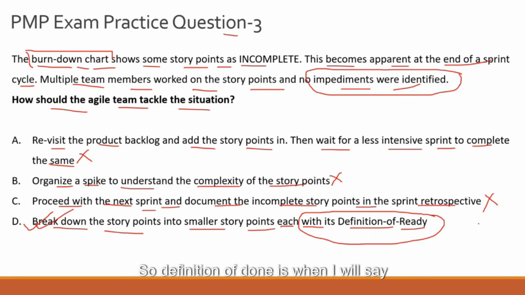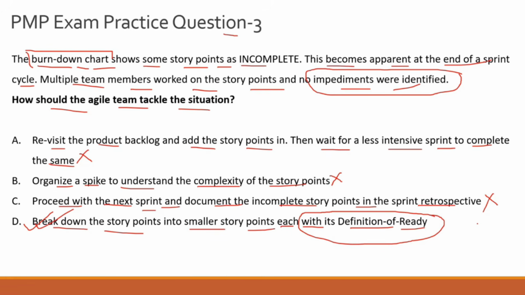So definition of done is when I will say that the story point is complete, or the story point is done in terms of the execution. So that is definition of done, right? So that's where the term done comes from. So it is a scope validation tool: if you're saying that your story point is complete and it is done, it is not only you who is saying it, but all of your team members and your stakeholders are also on the same page in terms of what is definition of ready and what is definition